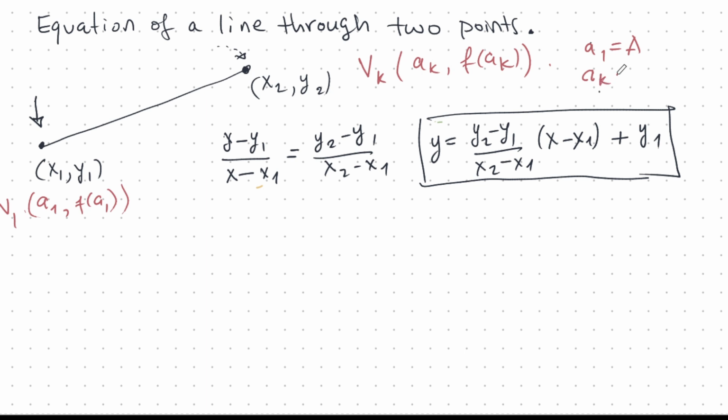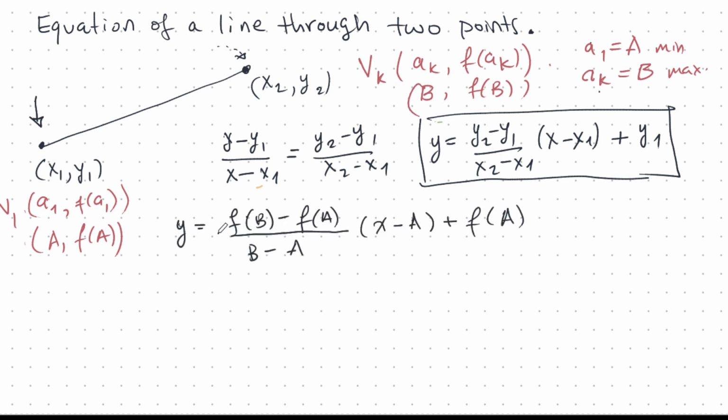So A1 is big A and AK is big B. This is the minimum of the A's, and this is the max of the A's. So this is going to have coordinates big A, f of A, and this will have coordinates big B, f of B, like this. Plugging in the f of A's and B's and so on, I get this equation here,